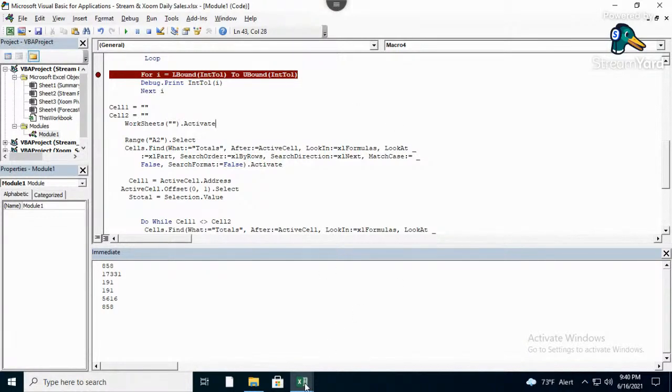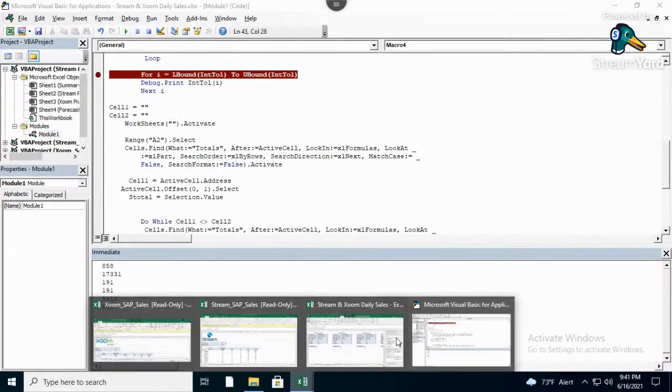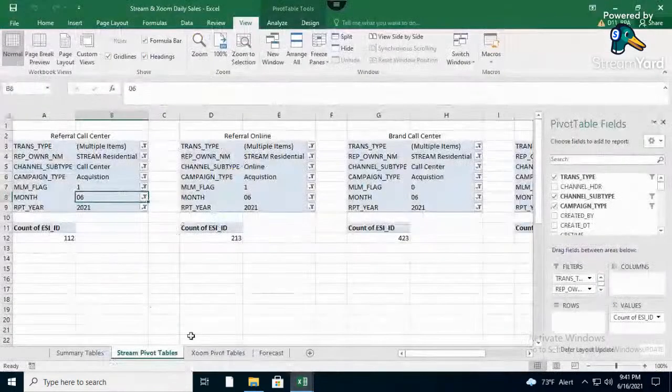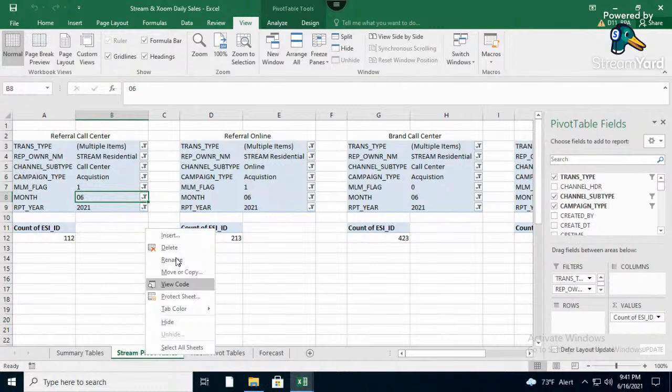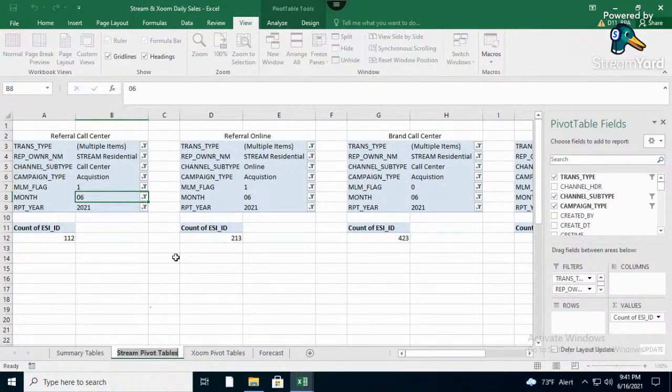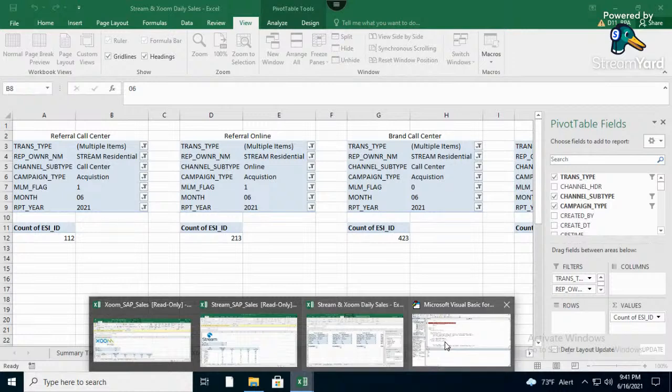Okay, and I'm just going to go here, copy the sheet name, rename, Control C. I'll come back here